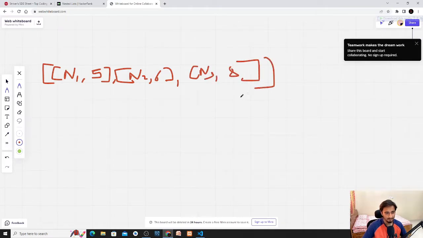We have taken a set of lists and 3 students n1, n2, n3. We know the answer: the lowest score is 5, the second lowest score is 6, so n2 will be our output.